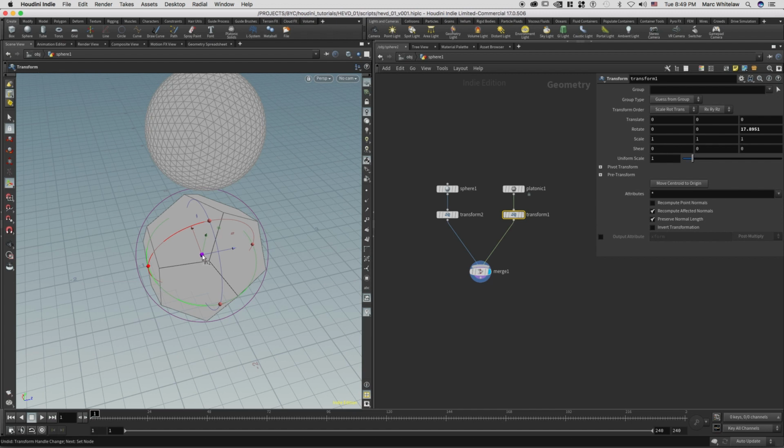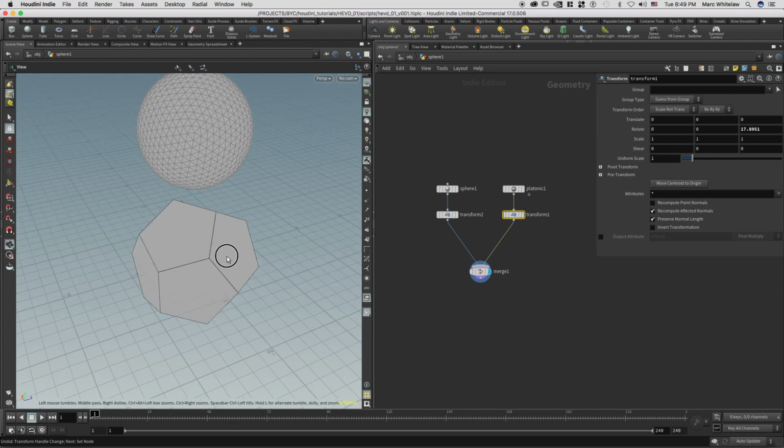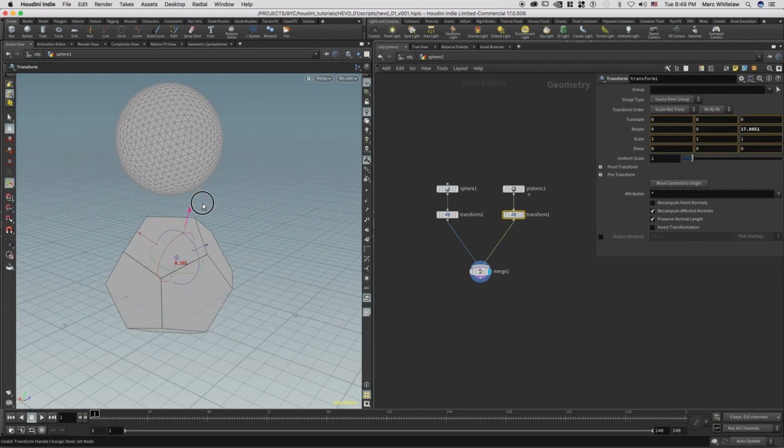If you right click on the pivot over here and go to pivot mode, this is how you move the pivot around without actually moving the object. So it's a good place to show you snapping. So if I hit the snap to point over here, I can click the pivot, and whichever point I get close to, it's going to start snapping it. Likewise with the grid, I can snap this to the grid. This gets handy when you are in the front or side views or top views. And then there's also to curve, but I'm just going to undo all of that,